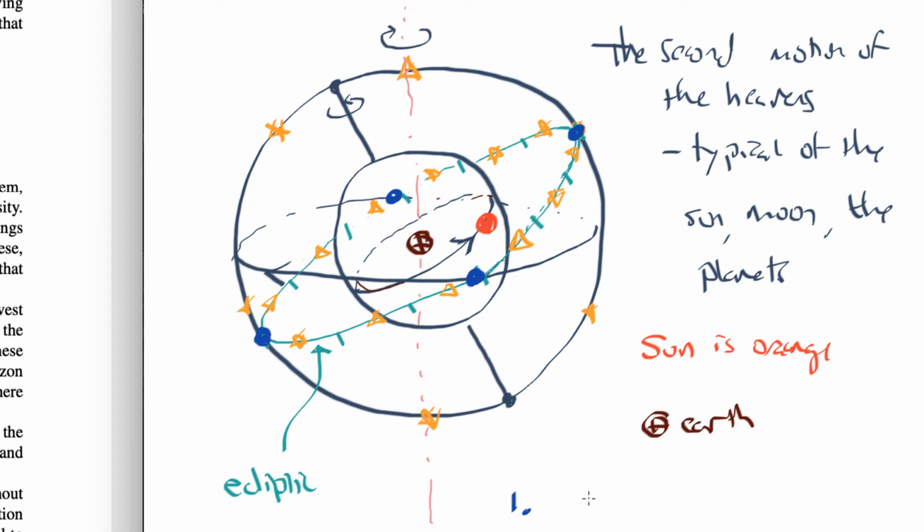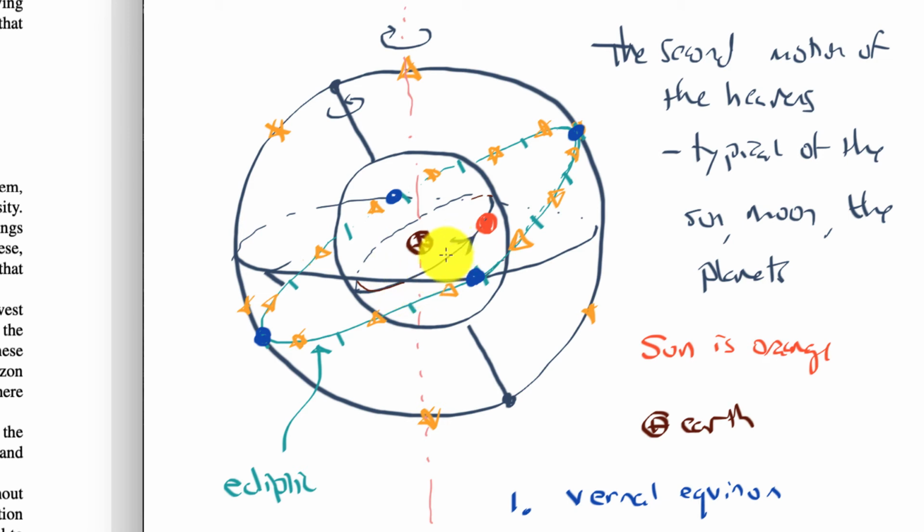And that point is known as the point of the vernal equinox. So as the sun is rotating around on this sphere in here, at some point it will pass through,